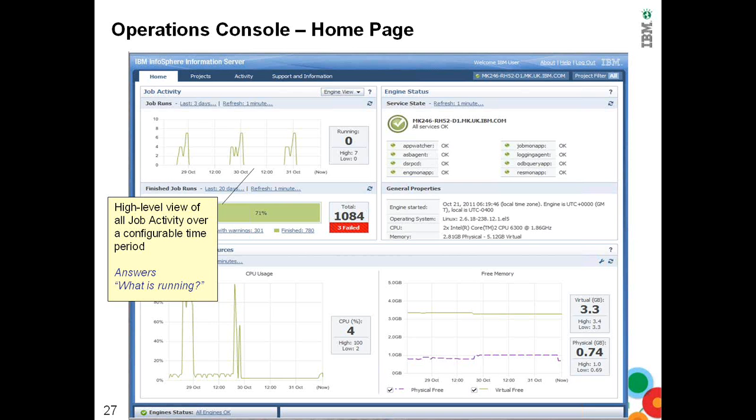So you can just have a look at this console, and this actually is a really terrific tool for you to monitor how your DataStage environment is performing, and where you see some warning signs or some requirements for optimizing your environment. Or this can also suggest, in terms of, you see a job getting into lots of memory issues, so maybe that's a cue for you to have a look at the design and see if it can be tweaked for better performance. So I'm just moving on to the next one.